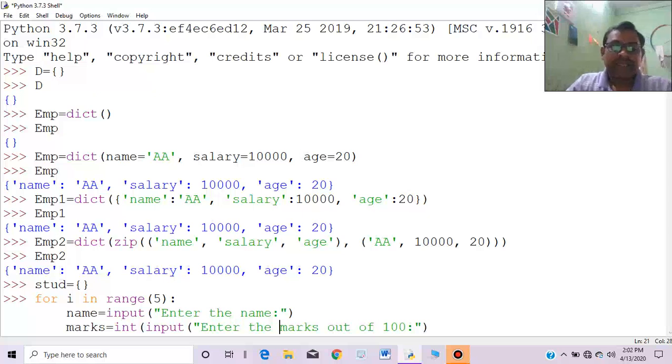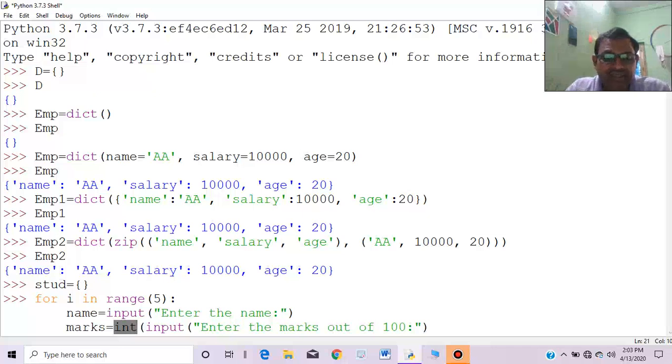What is the use of this int? Actually the value being asked of the user through the keyboard is entered in the form of a string. The input function returns the content in the form of a string. So suppose the user entered the value 90 out of 100, marks 90. So 90 would be in the form of a string, and int is converting that string into type integer.